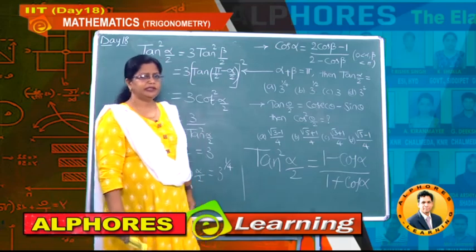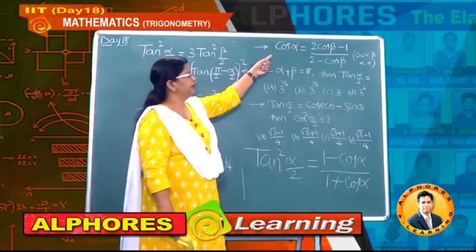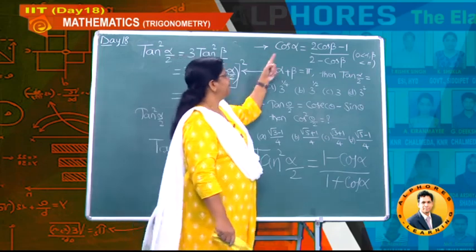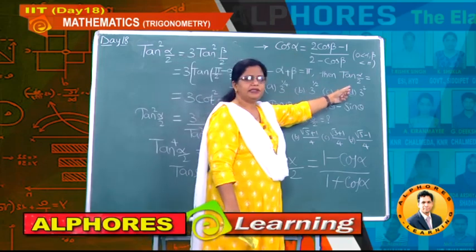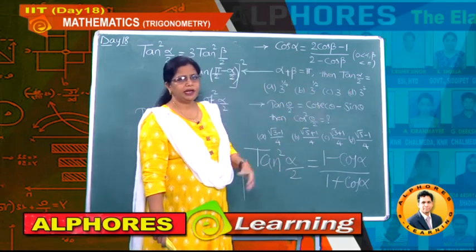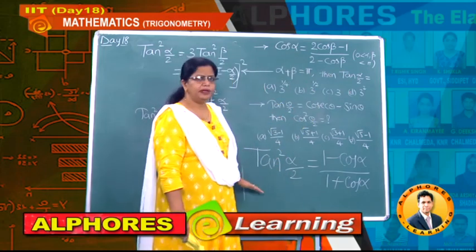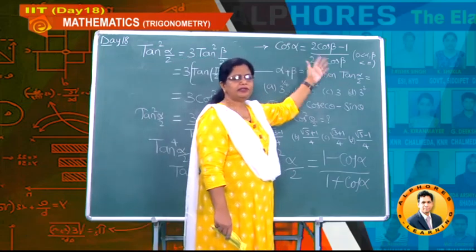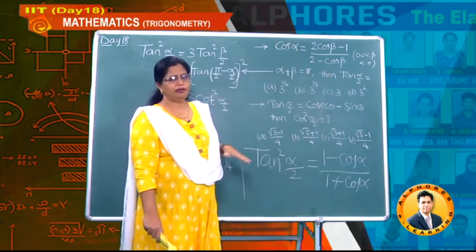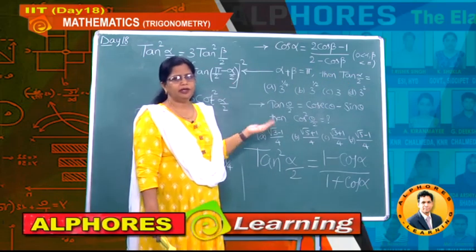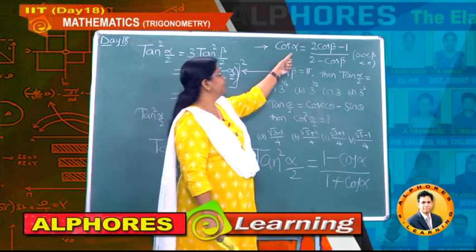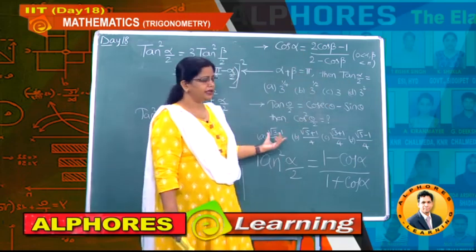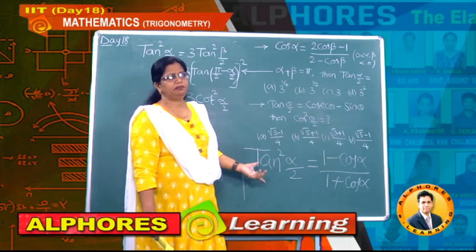So what is the major step of this problem, students? The given problem is in terms of cos, the required value is tan. Moreover observe here full angle, whereas this is half angle. Whenever there is an angle difference, immediately you have to go for multiple and submultiple. If there is no angle difference at all, then your search has to be from identity type of values, understand. In the beginning we have done trigonometric ratios and identities. So as there is a change in angle, exactly half of the value, that's why we went to the concept of multiple and submultiple angles.